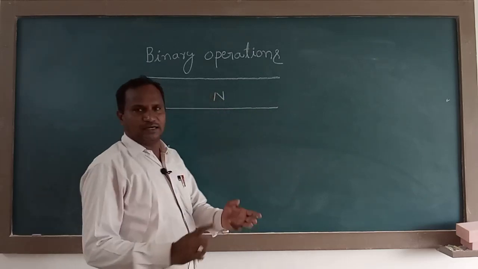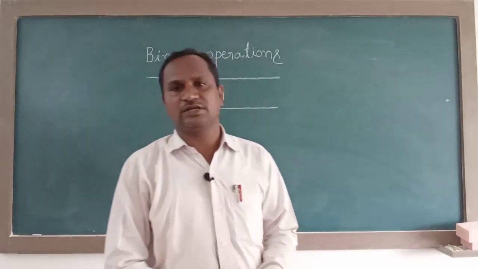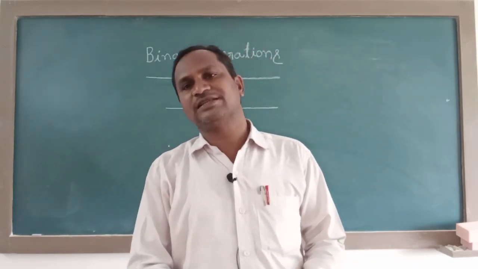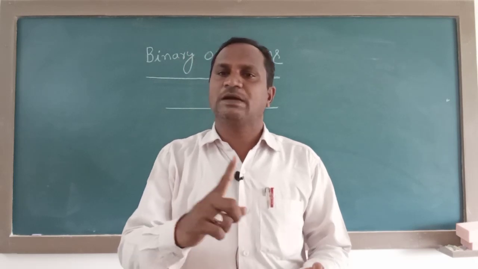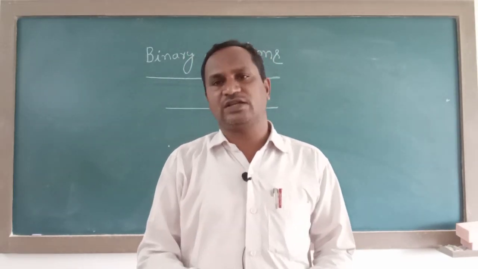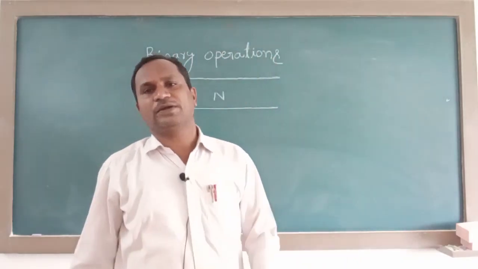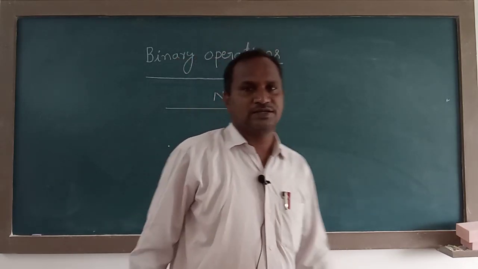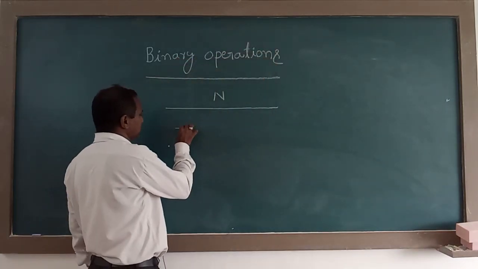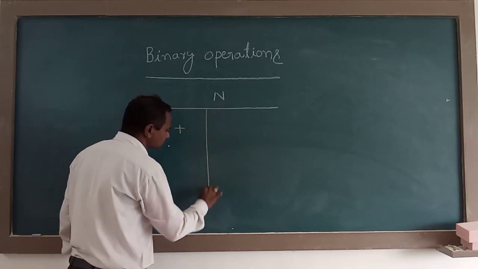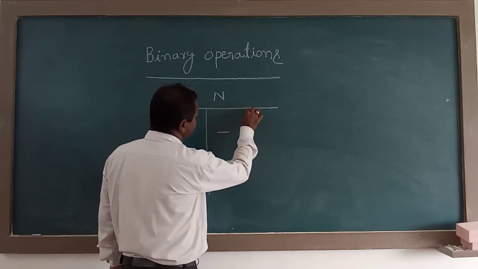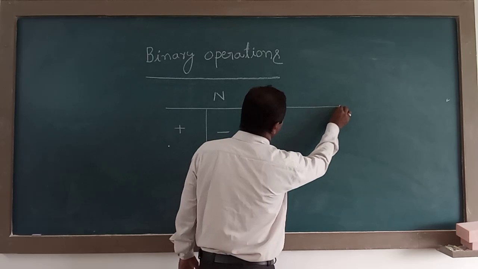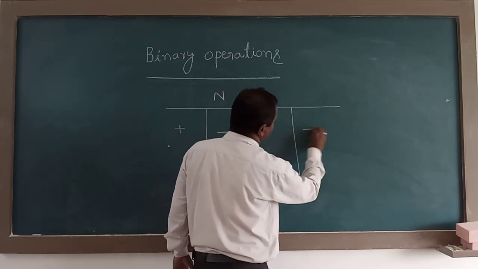Operations here are nothing but addition, subtraction, multiplication and division. How to check by plus, how to check by subtraction, that is by minus, how to check by multiplication, or how to check by division also. Like that, 4 operations. Including all these 4 operations we are calling binary operations. Say here plus, how to check with respect to plus here. Next, with respect to minus, you have to check here. Into, at the same time, division also here.